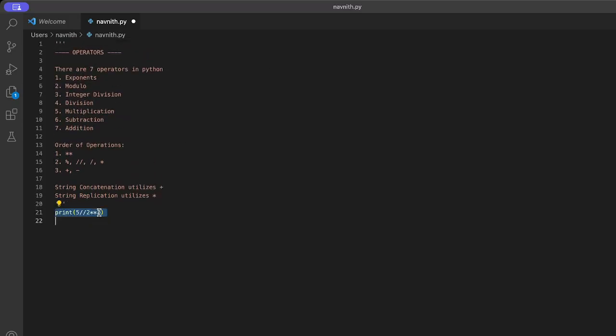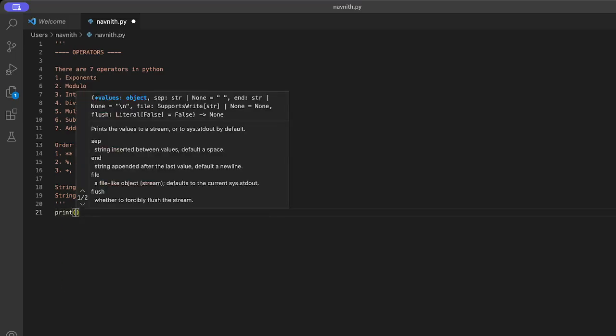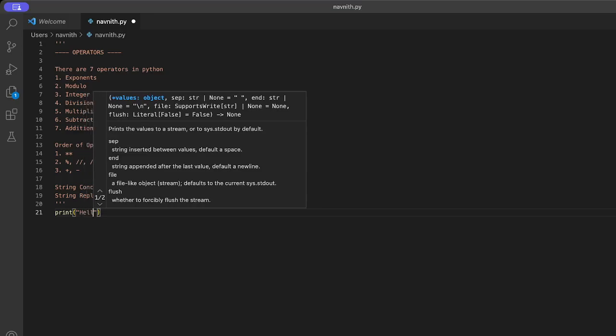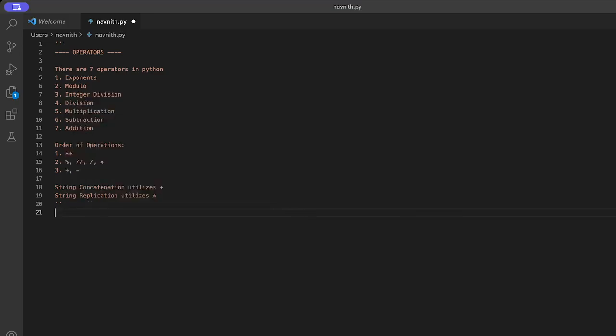However, we don't always use numbers when we use these operators. We also use string concatenation and string replication. So what do those two terms mean? String concatenation means we are combining two different strings. So for example, let's say string 1 is equal to hello, and string 2 is equal to world,